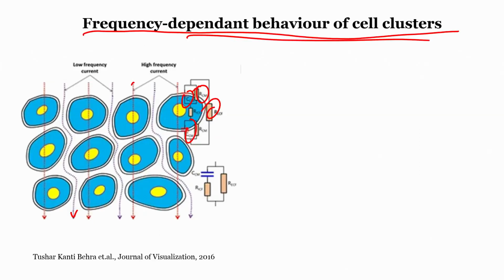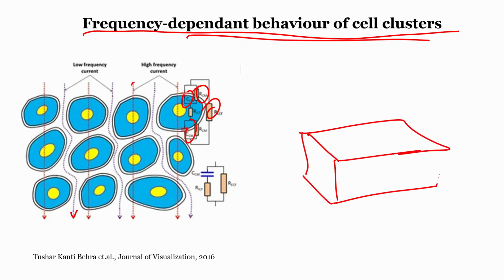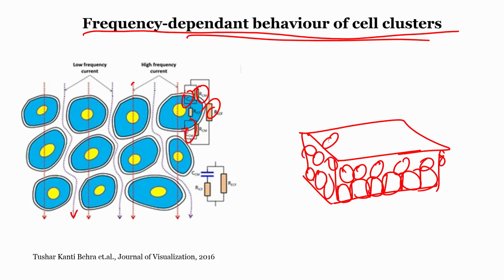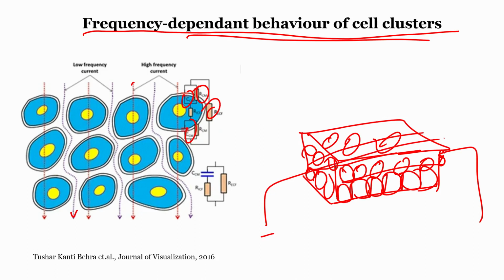Now, one last thing. Let us say this is 3D, we are seeing a 3D volume of cells, right, arranged in a tissue. Cells are there like this. This is a 3D volume of cells and you are applying current, correct. So, this is what we saw, and we saw how low frequency will bypass it and high frequency will go through the tissue and all, right.